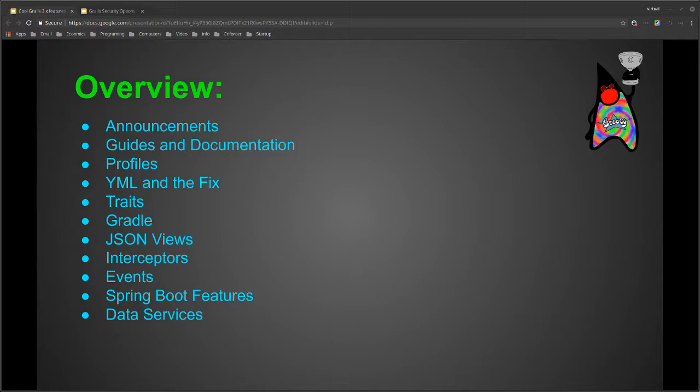I'm going to talk about some traits, a little bit about Gradle, JSON Views, Interceptors, events, some Spring Boot features, and a little bit about data services, which I just learned recently because I watched the talk, and it's like, oh, that's cool, and now I know why you'd want to use it. I saw the brief overview at a conference, and I wasn't sure why I'd want to use that, but once I saw the talk, it's like, oh, that's why.